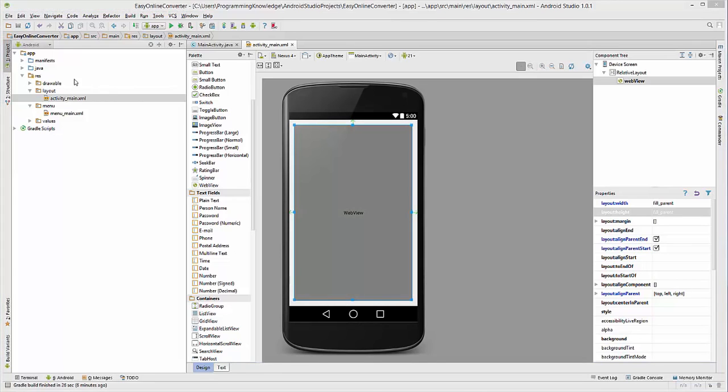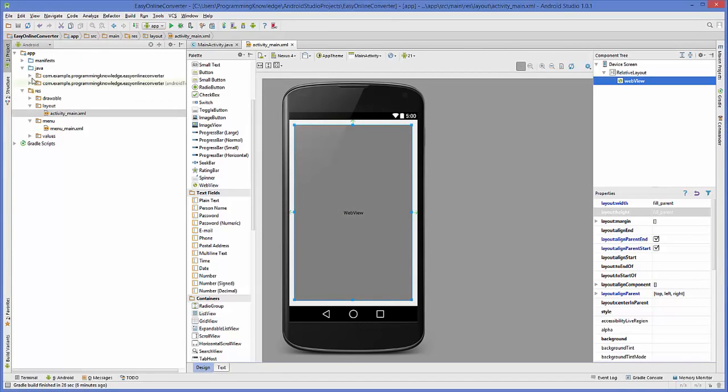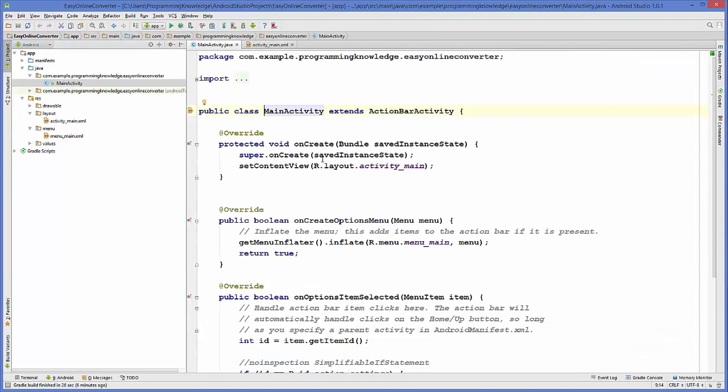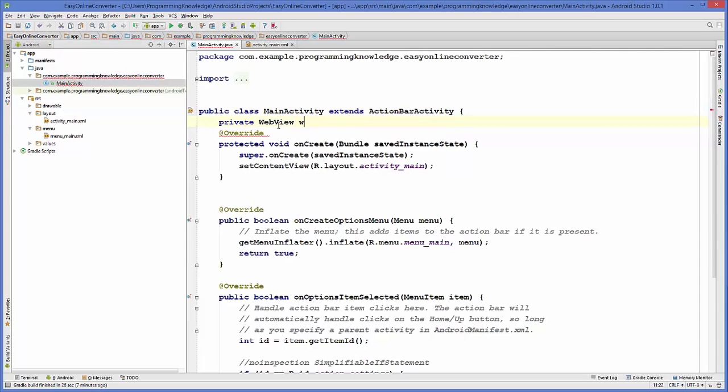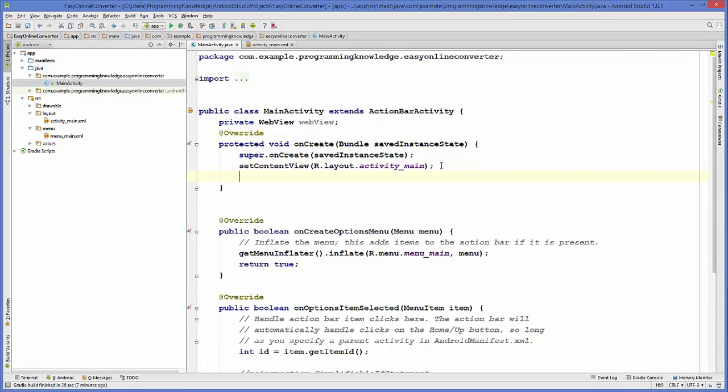Now the next step is to go to your java folder here and open your MainActivity.java, and in here first of all we are going to declare a web view variable. So just write private WebView, search for WebView, and give a name to it, for example webView. Okay, and now once you have created your variable, just copy your variable and go to your onCreate method here, and paste your web view,